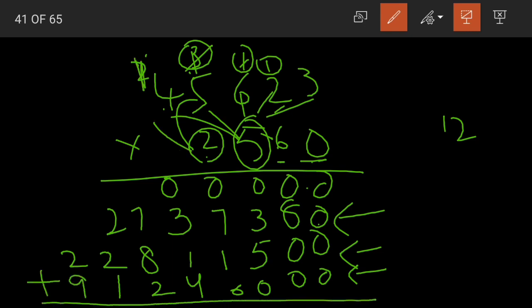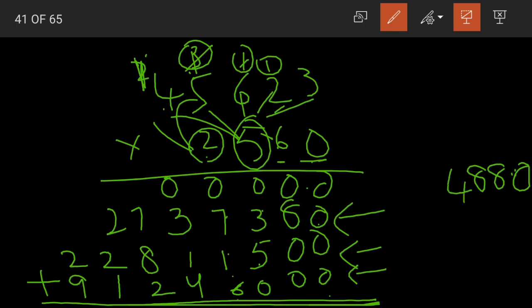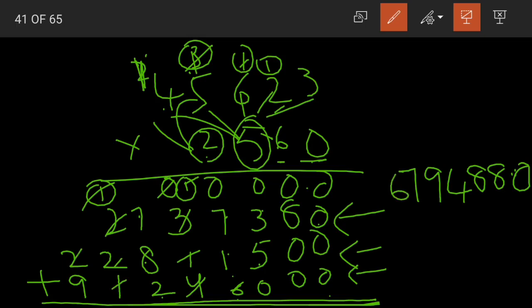Yes, now we need to add all of these partial products. Now children, I'll add here, but I'll write the answer here, because there is no place to write below. All the zeros. 0, 8, 3 plus 5 again 8, 7 plus 1 8, 8 plus 6 14, 4 here, 1 carried, 1 plus 0 1, plus 3 4, plus 1 5, plus 4 9. Yes, now 7 plus 8 is 15, 15 plus 2 17, 7 here, 1 carried, 1 plus 2 3, 3 plus 2 5, 5 plus 1 6, 2 plus 9 11.